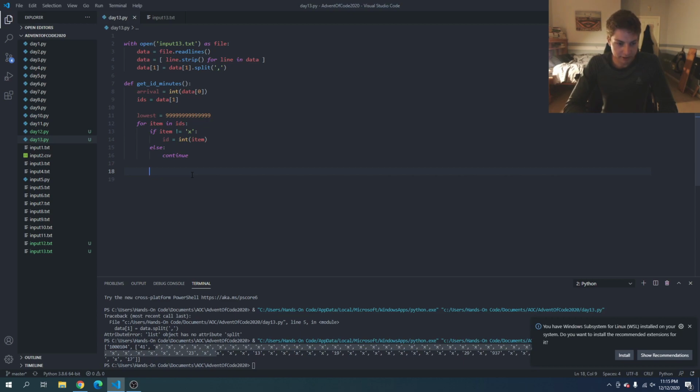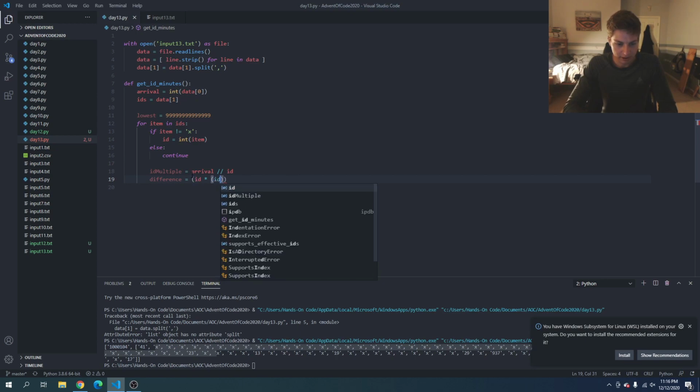So ID multiple is going to be equal to our arrival time divided by, no, divided by our ID. So this will give us the times that our ID will go into arrival, and then we will say that our difference is going to be equal to ID